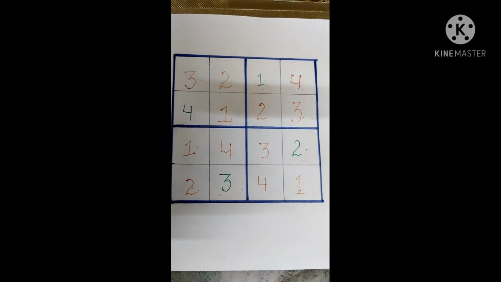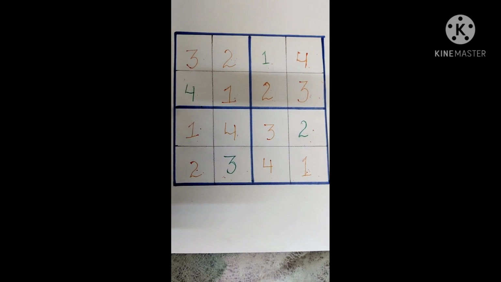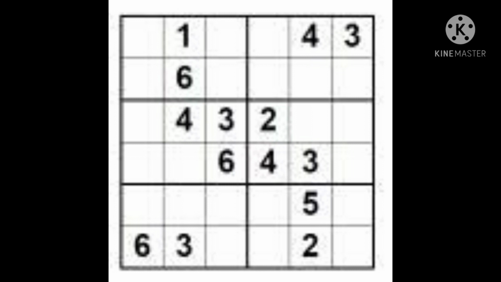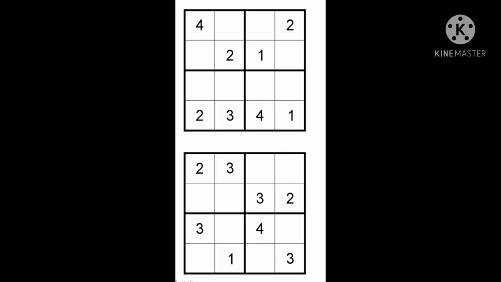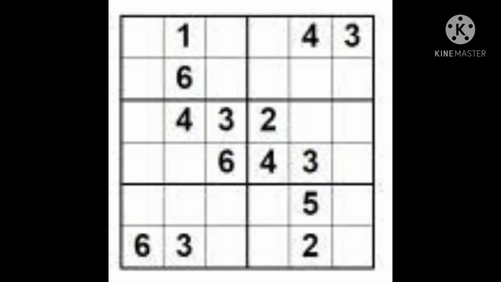So this was the basic one. I hope you enjoyed solving this. Now I'm going to give you one puzzle and you have to solve it. So here are two Sudoku puzzles, that is 4x4, and you have to solve this. And if you are able to solve this, you will be able to solve 6x6 also. In this you have to write numbers from 1 to 6 and the rules are the same as you have followed in the 4x4 puzzle. So all the best my dear students, solve this 6x6 Sudoku puzzle also and keep learning, stay